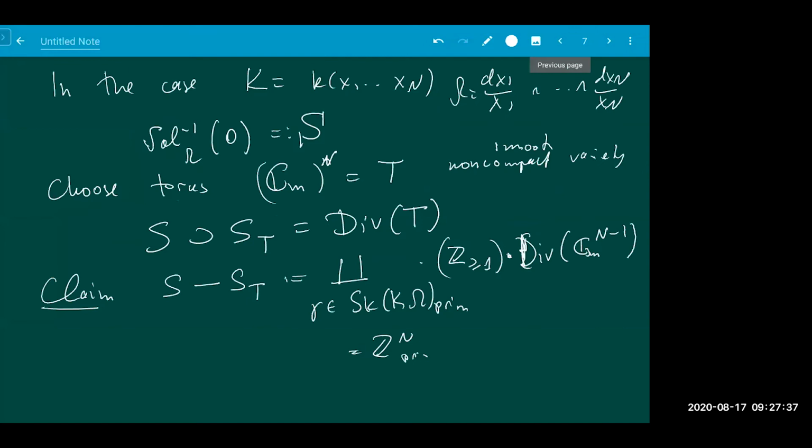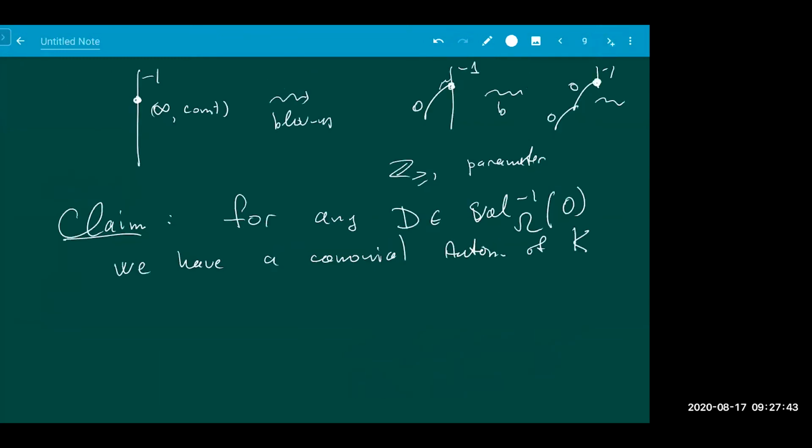So let's return to the things. We have the huge set S, and how we have this set S_T related to the torus, such that the canonical automorphism phi_D has the following property: that phi_D of